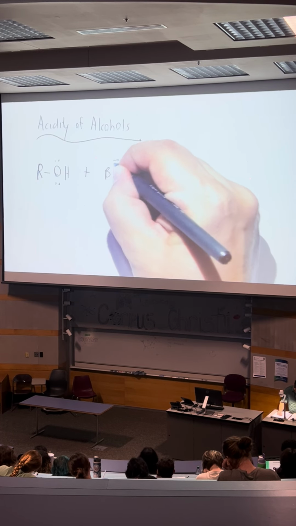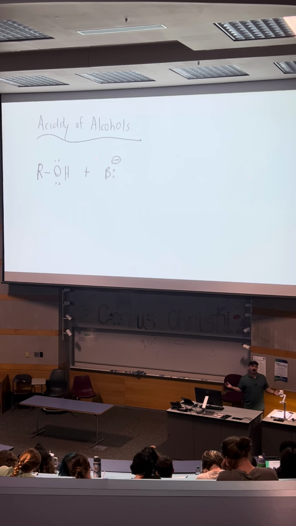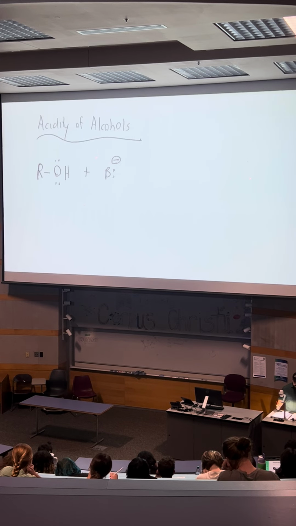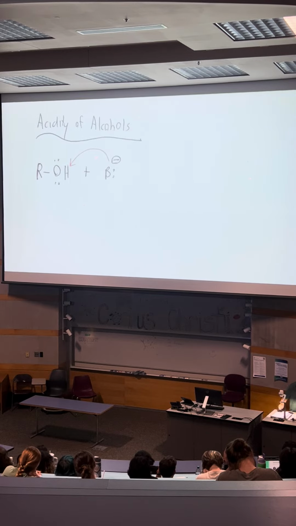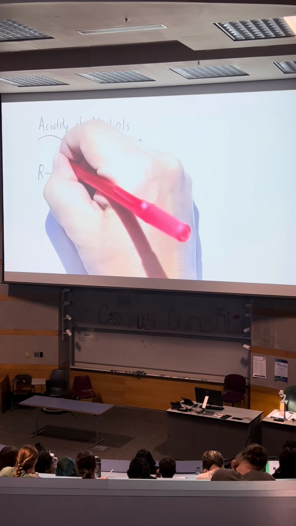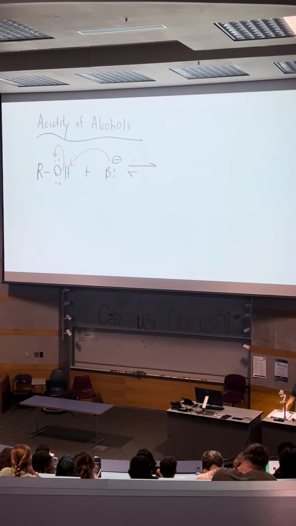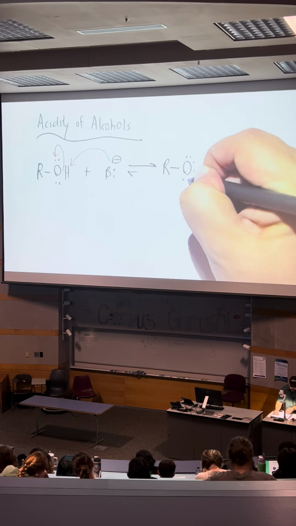So let's say you had some sort of base. I'm not going to provide an identity to this base, maybe it's hydroxide. So in this case, B is not boron, it's B for base. Lone pair, negative charge. So it's very nucleophilic and very basic. And so if you remember from OChem 1, the attack comes from the base to the acidic proton. The electrons that are holding onto that hydrogen donate back to the heteroatom. This is a process that's in thermodynamic equilibrium, that if the base is strong enough, you can generate the deprotonated alcohol,